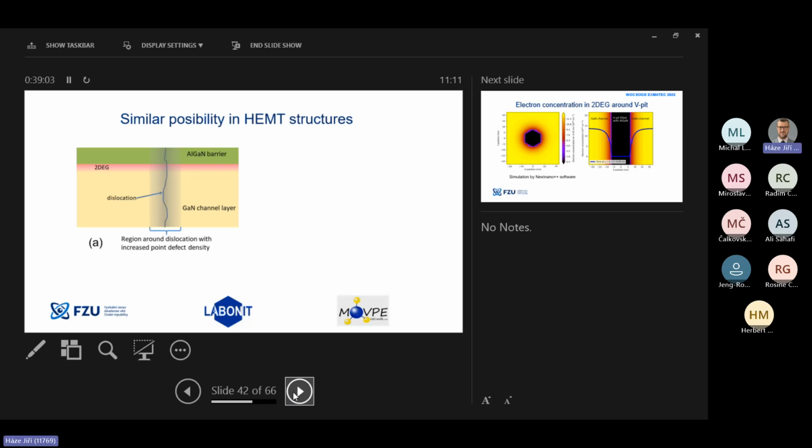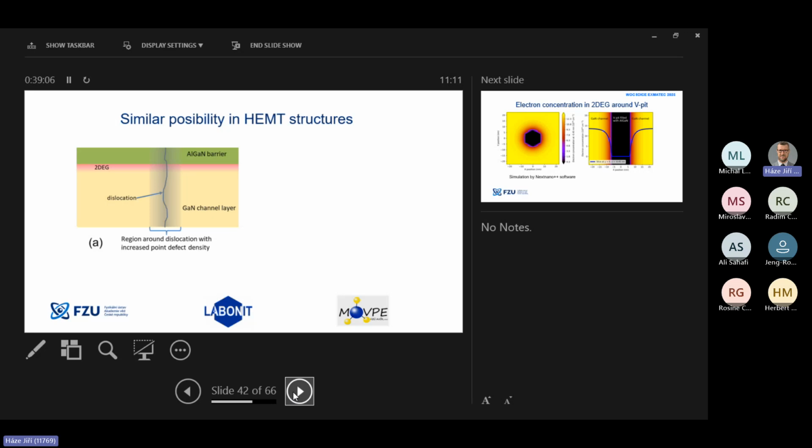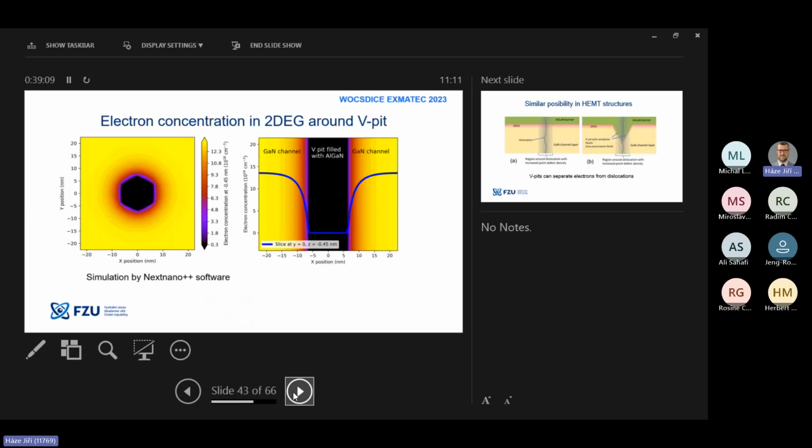If we suppose that there is a V-pit on the interface, and it was calculated with nextnano software, we could see that in that case, here is the electron concentration in the two-dimensional electron gas. Going close to the V-pit is also a barrier for electrons. So electrons are mostly in the flat region, not entering the V-pit, because there is